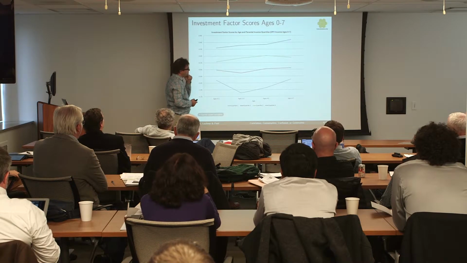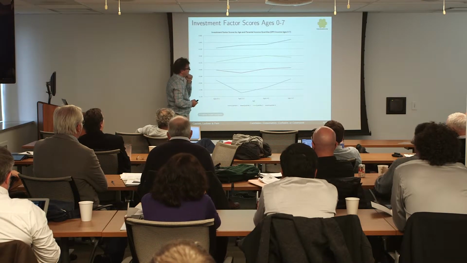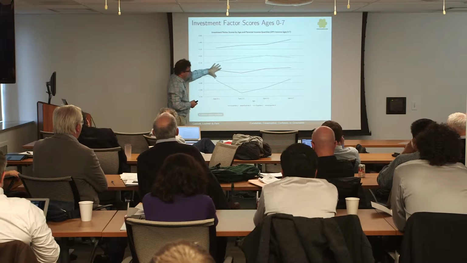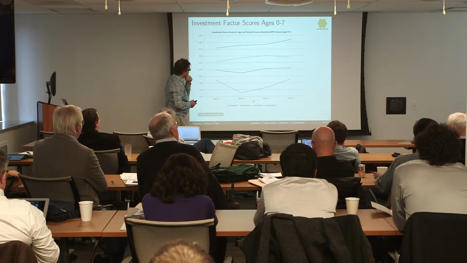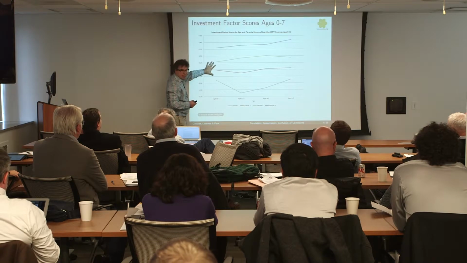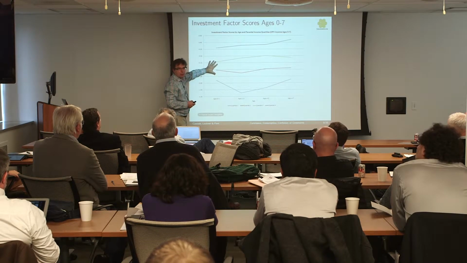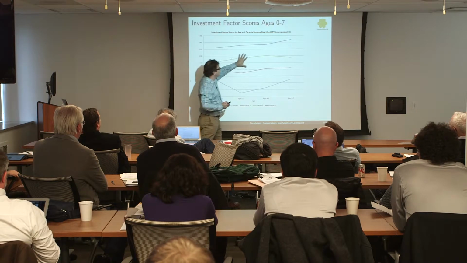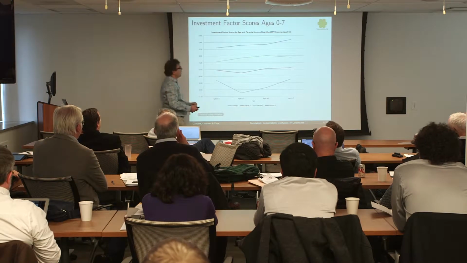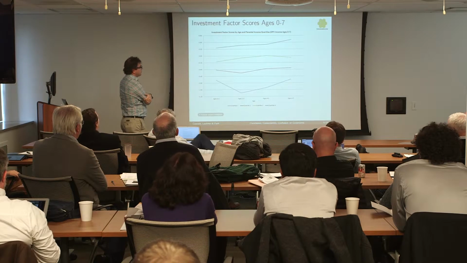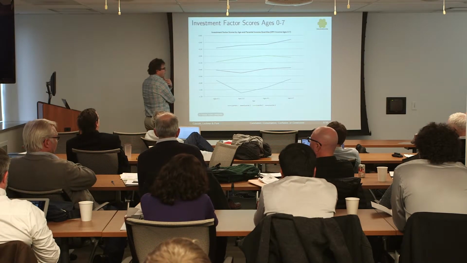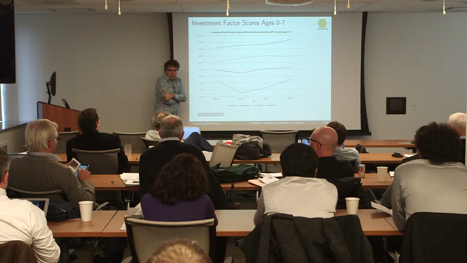If you try to create factor scores based on those different measures, we can see how those things evolve over the kids' ages. And you can see the gaps are already there at ages 0 or 1. Right off the bat, we see these pretty big gaps by family income. They go apart a little bit, come together a little bit. But for the most part, those gaps are there very young, and they stay there in terms of how much parents are investing in their children.